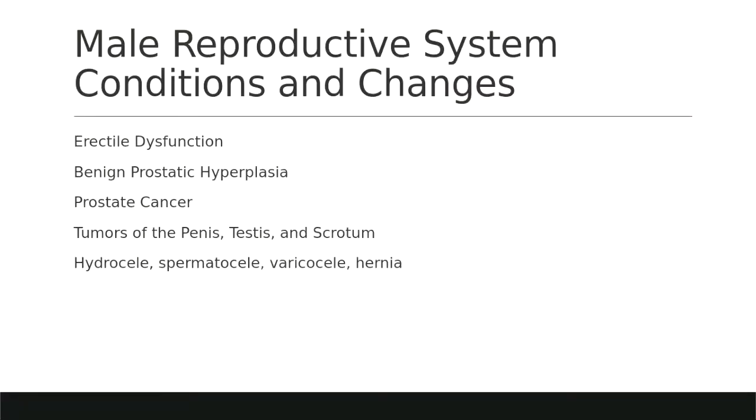With the male reproductive system, you can have erectile dysfunction, benign prostatic hyperplasia, again, that growth of the prostate. And there are specific drugs on the market that are designed to help manage that issue. There's also prostate cancer and tumors of the penis, testes, and scrotum. And on the male side,